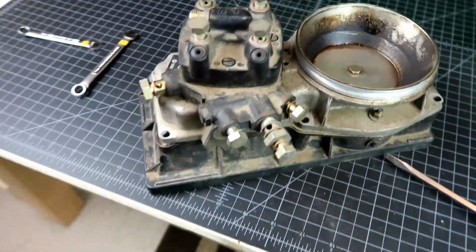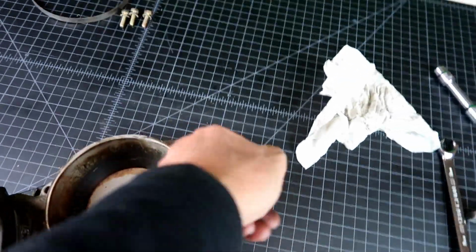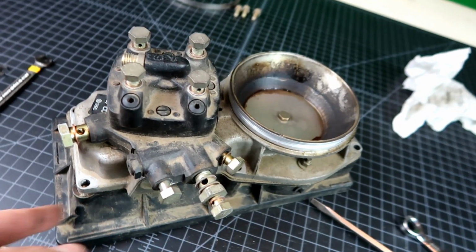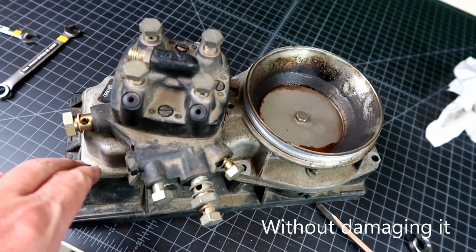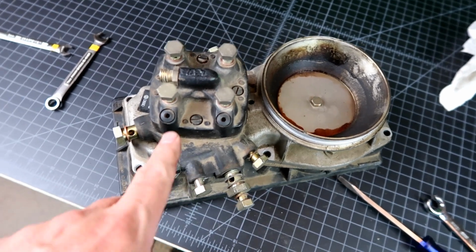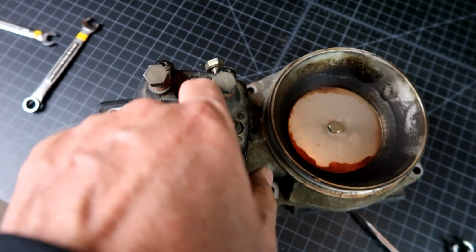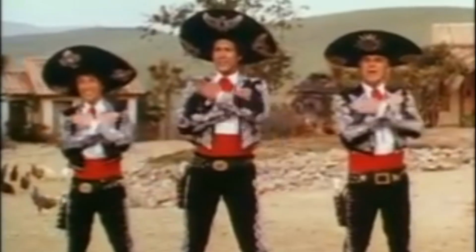Alright, so we got to the point where all these bolts are out. I don't know how I'm going to separate this from the plastic part. It seems to be stuck on there pretty well. I think what I'll do next is try to get out these 3 screws